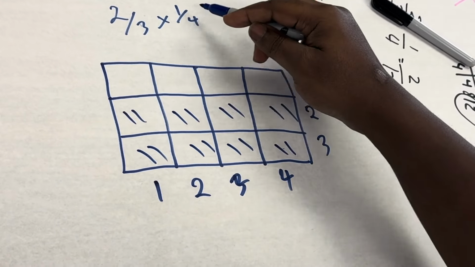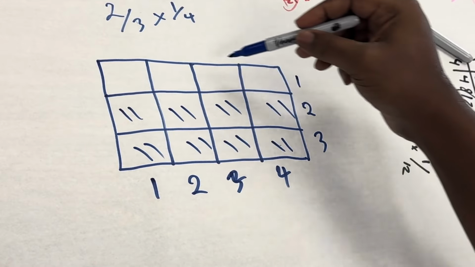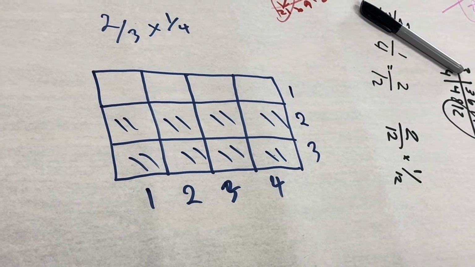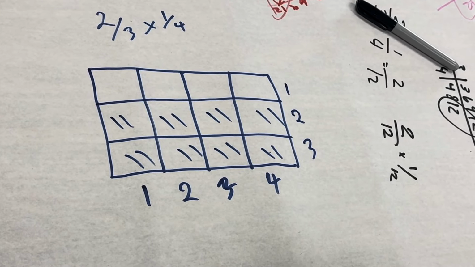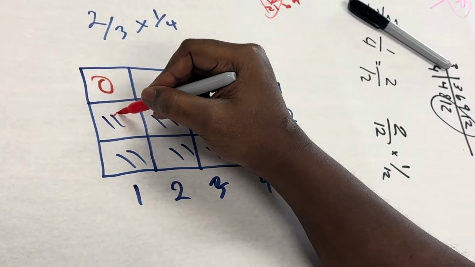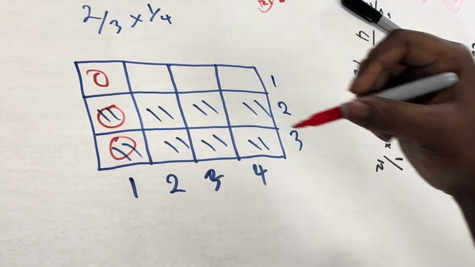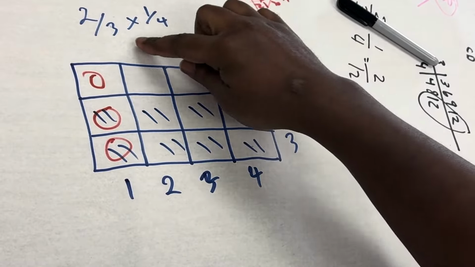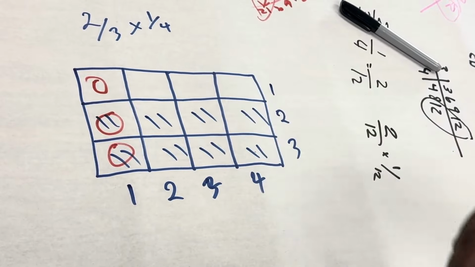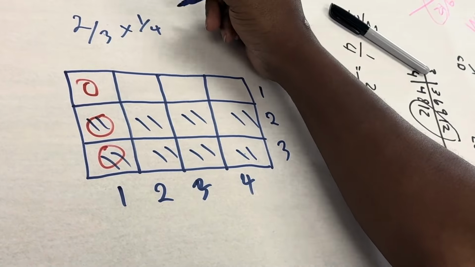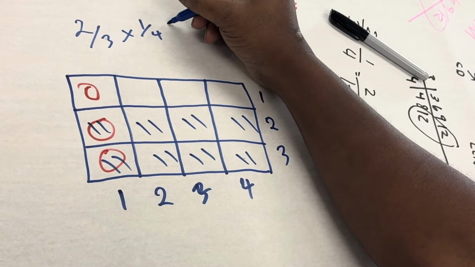And then times 1/4, so we have our 4 parts, and so we're just going to have that part marked off in red. We'll do a circle, circle, circle. So now, if we're multiplying 2/3 times 1/4, that's going to give us